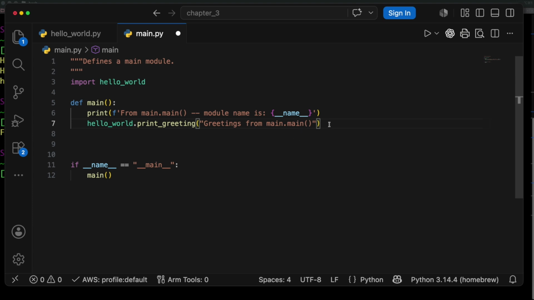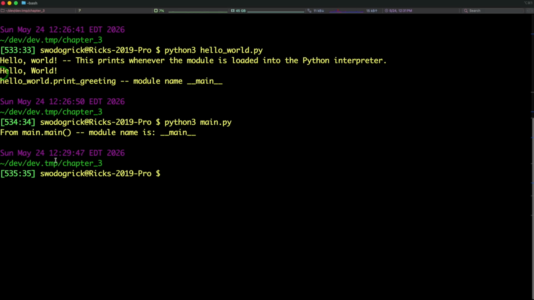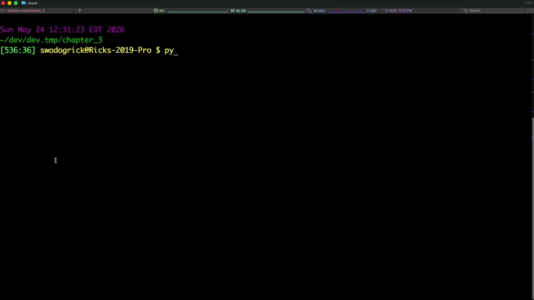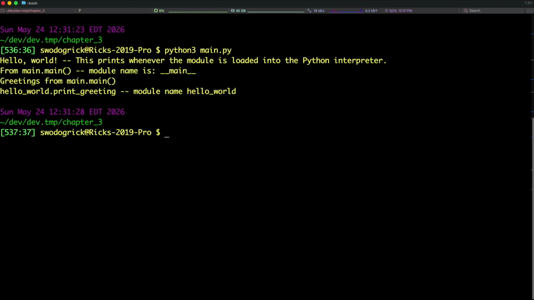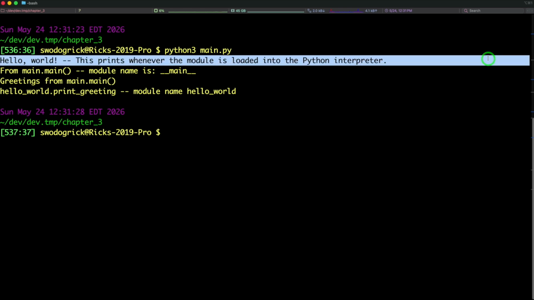All right, now, so we're importing hello world. Notice what happens when I import this package or this function into the main module. So I've got one module importing another module. Save the code, clear the screen. Python 3 main.py. So we imported that hello world module. So this line got printed, right? Because that's what happens when you import a module,